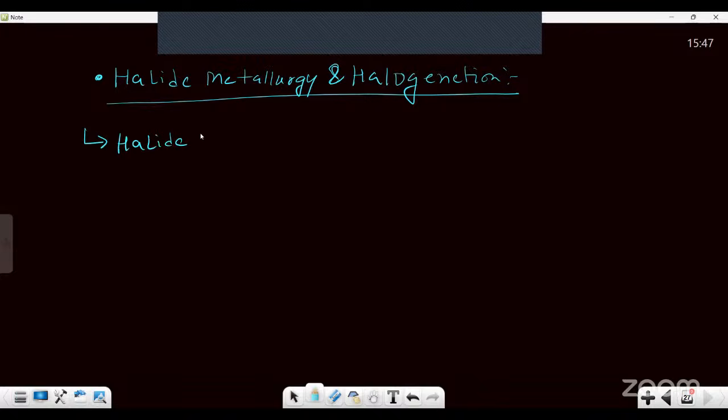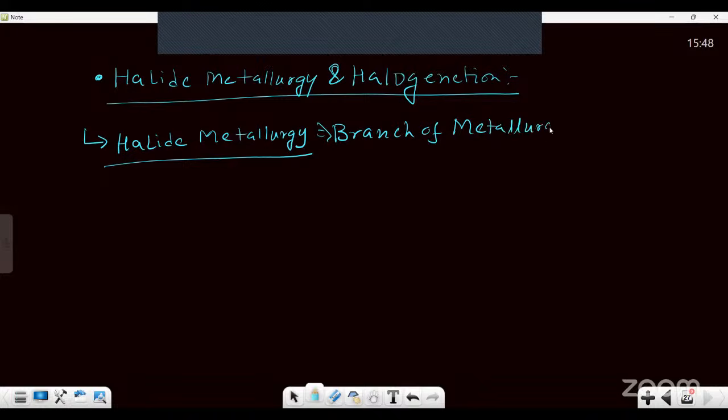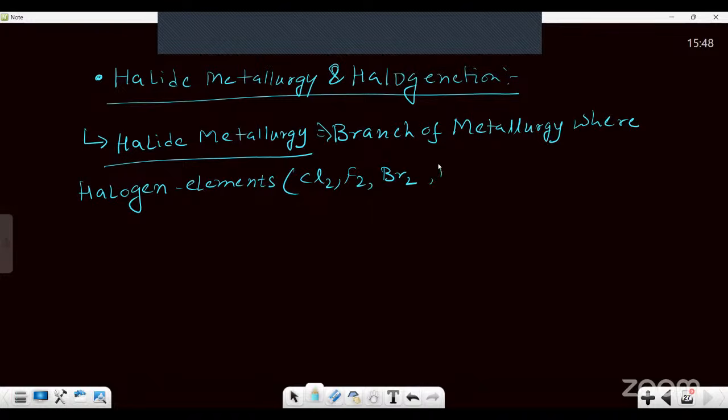Halide metallurgy is the branch of metallurgy where halogen elements like Cl2, F2, Br2, I2, or sometimes their compounds,